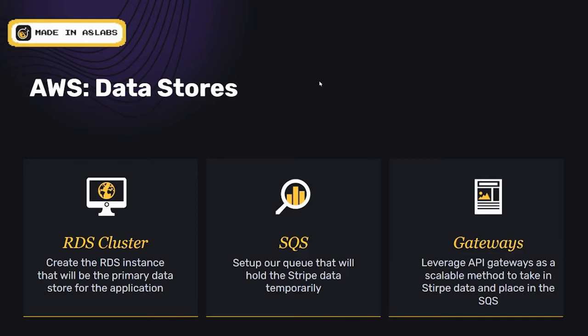Once it's in there, if you've ever been billed by Amazon, you'll see that sending data in and out of Amazon can be expensive. But once you get it inside Amazon, circulating data around the Amazon network is extraordinarily cheap. So a gateway acts as an entry point to get data in the door. And then we pass it around to things like an SQS or a Lambda or a cluster or whatever the case is.